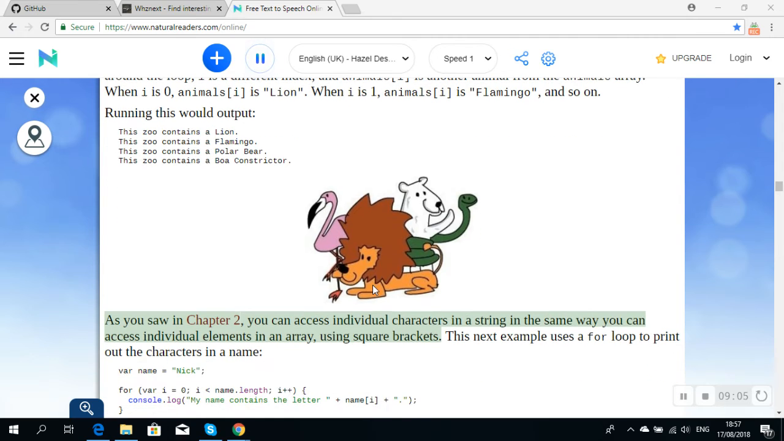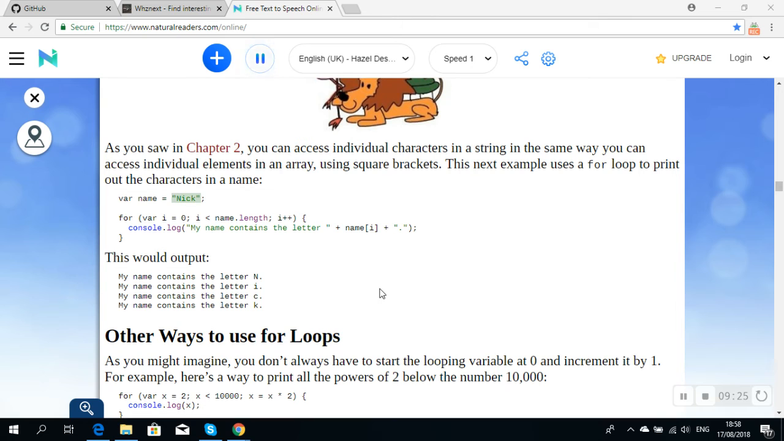As you saw in Chapter 2, you can access individual characters in a string in the same way you can access individual elements in an array, using square brackets. This next example uses a for loop to print out the characters in a name. var name = "Nick";